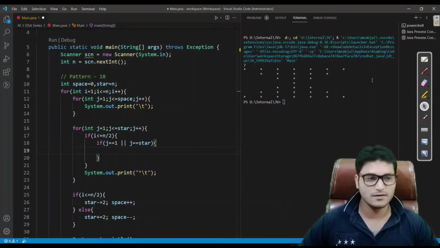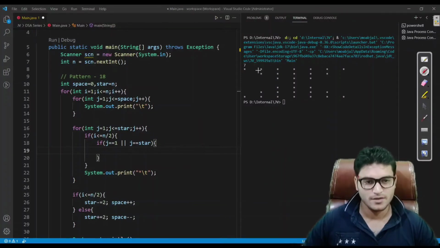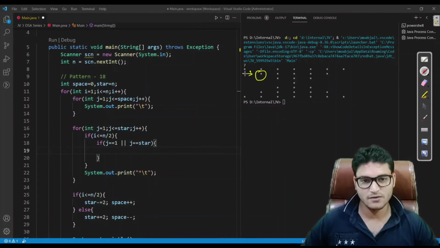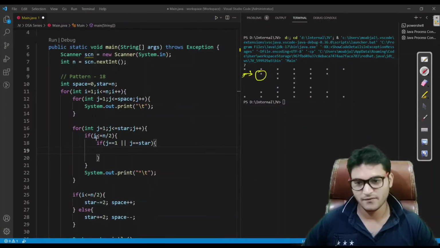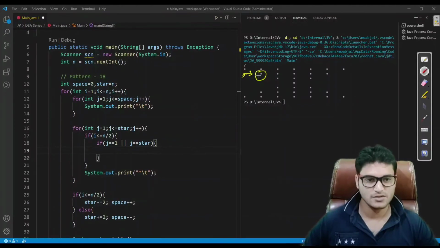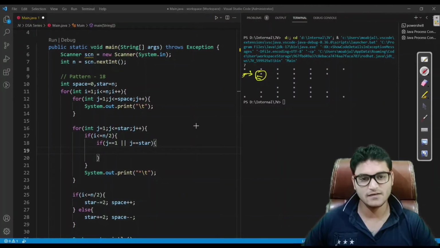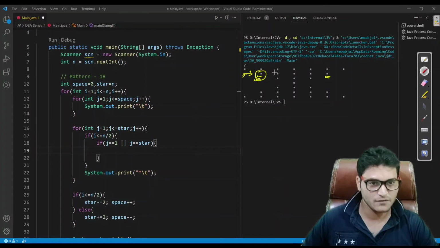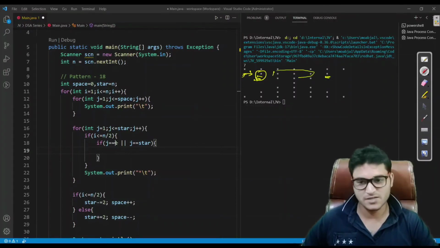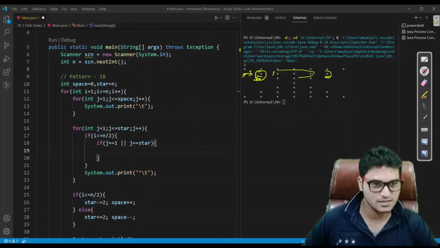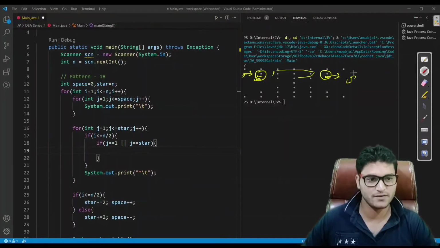So look at here. Here what is the value of j? For the second row, we have to print one space here, and we have printed it. And when we are coming to printing the stars, here we are having one star. So while printing this star, we were having the value of j as 1. So we just have to print here and here. We do not have to print here. So if j is 1, then this will print. Or if j is star, what is star? Star is this number. In this case, star would be 5. So if j is 1 or j is 5, then only we just have to print these.